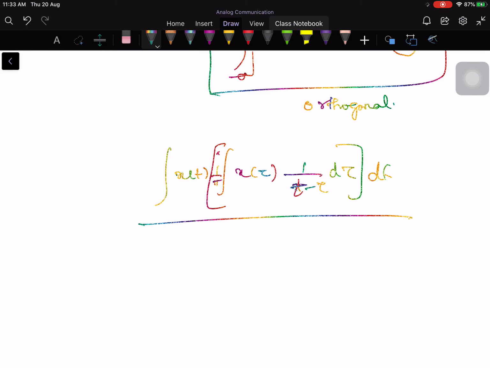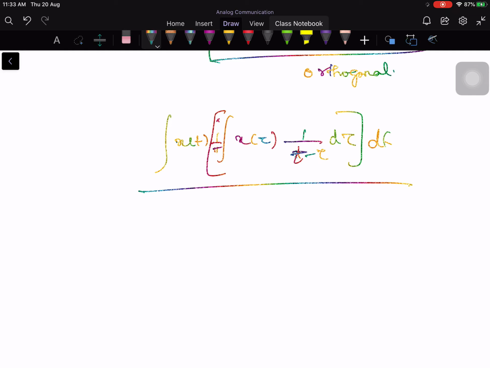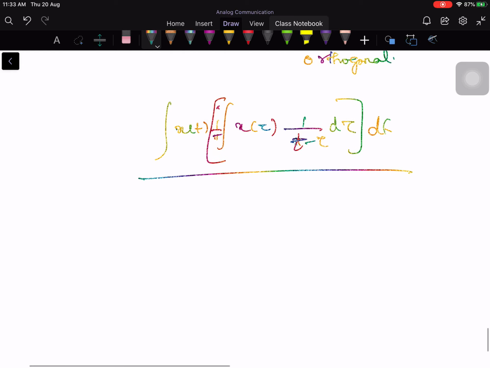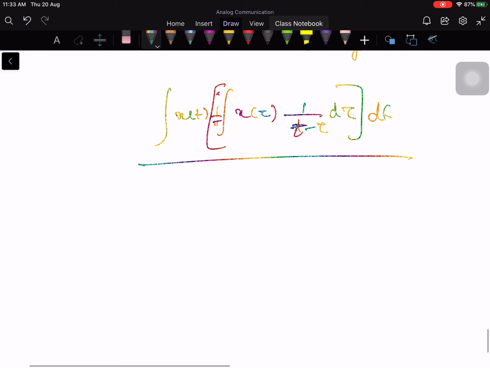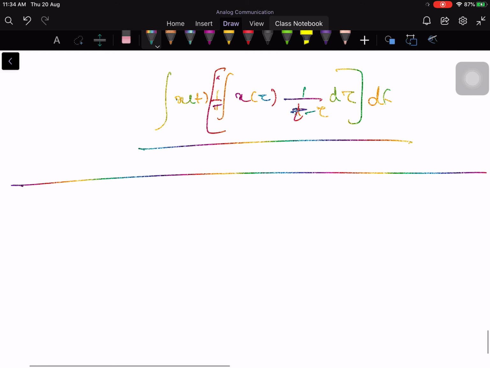Okay, one more important property, that is the last property. It is a very important property, and it is the following. This is something slightly more involved. I will just state the result here. Again, I ask you to see if you can prove it. If not, we will discuss it in one of the upcoming lectures.